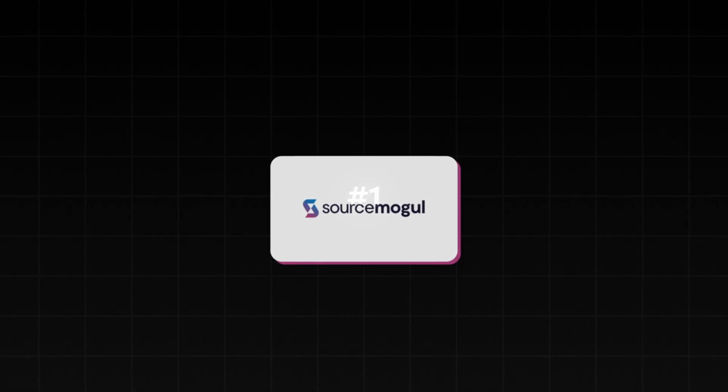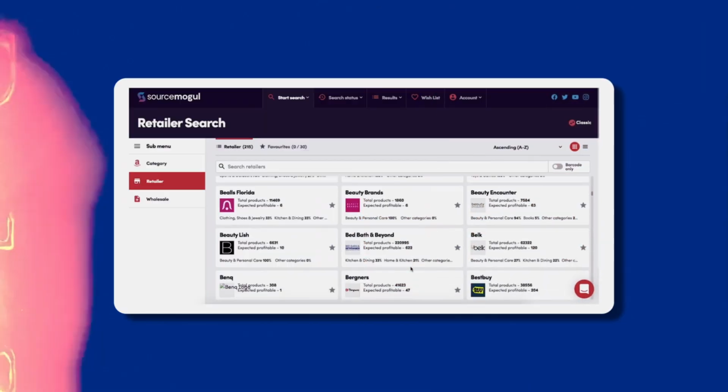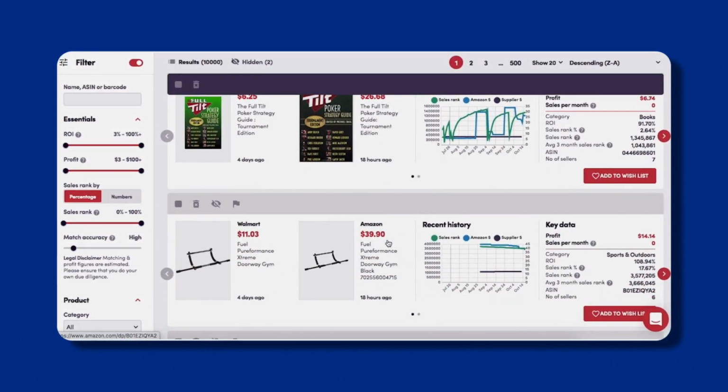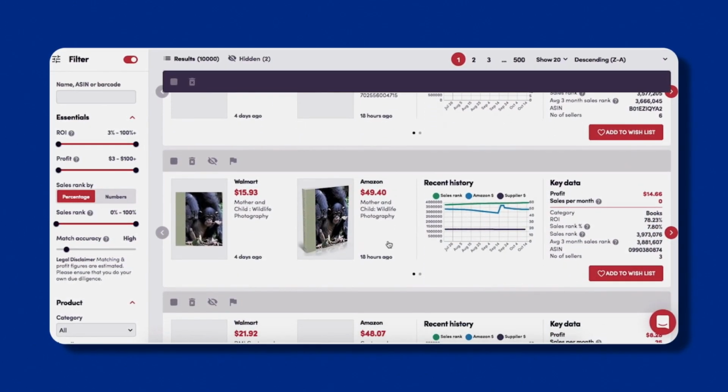All right, so to get started, there are a few things that you'll need. First and foremost, you're going to need a software called SourceMogul. SourceMogul is a no-brainer for beginners. It's easy to learn, it's easy to use, and it's going to spoon feed you profitable products to resell on